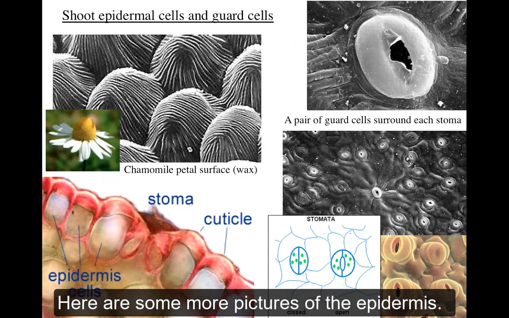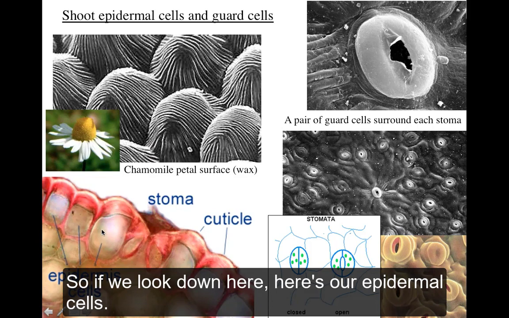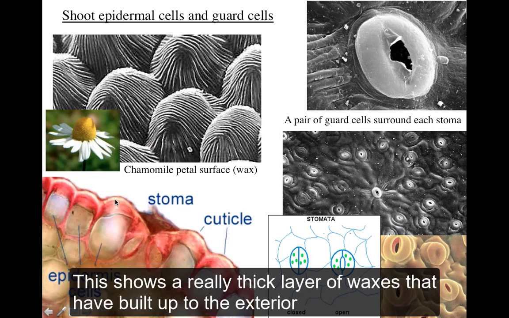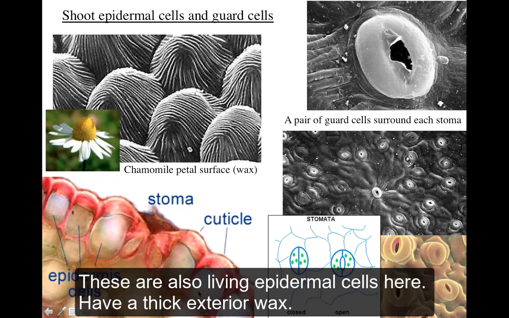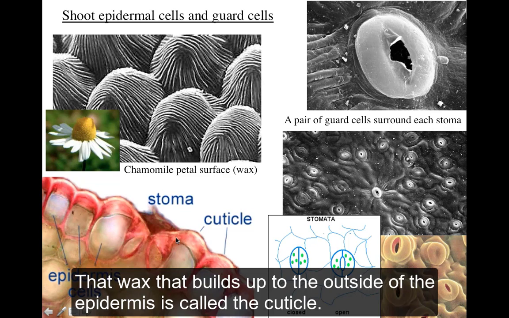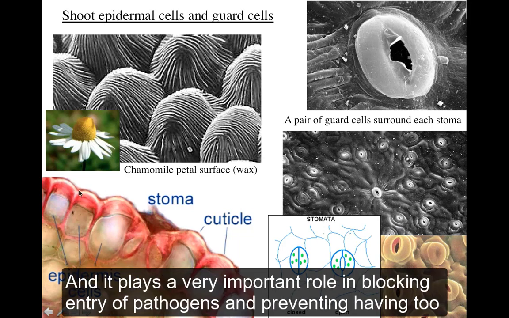Here's some more pictures of the epidermis. So if we look down here, here's our epidermal cells. This shows a really thick layer of waxes that have built up to the exterior surface of these cells. These are also living epidermal cells here with thick exterior wax. That wax that builds up to the outside of the epidermis is called the cuticle. And it plays a very important role in blocking entry of pathogens and preventing having too much loss of water